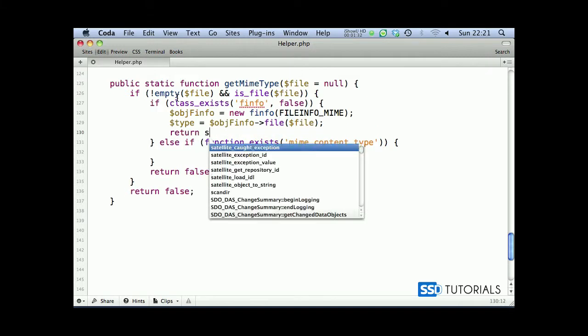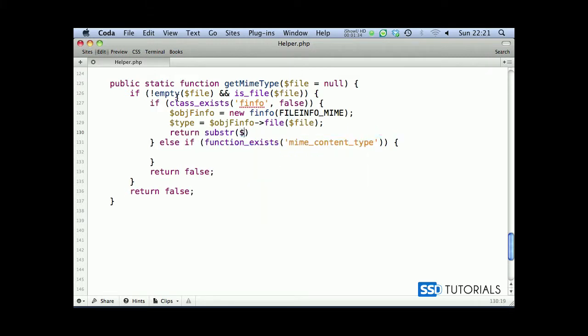And now return substring, and we're looking for the type starting from 0, string position. We're looking for the type, and then semicolon,